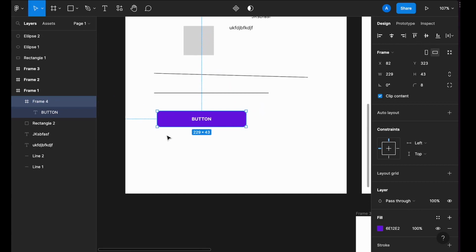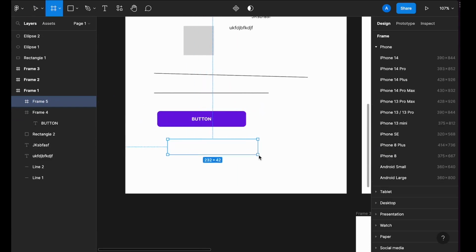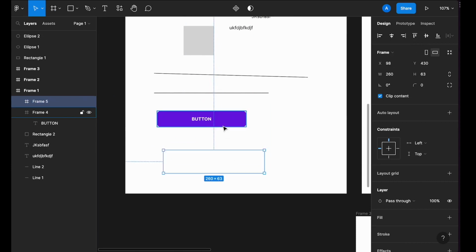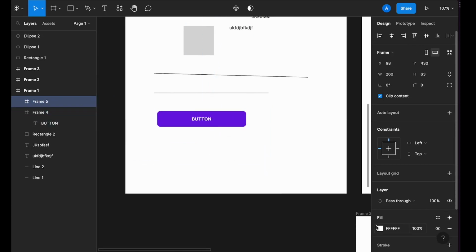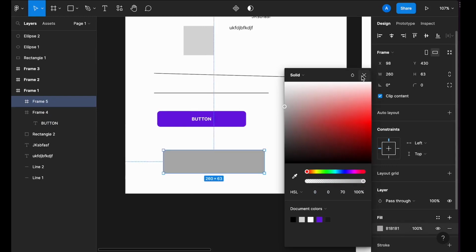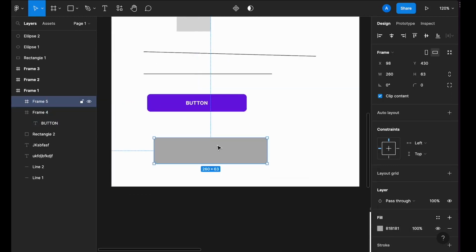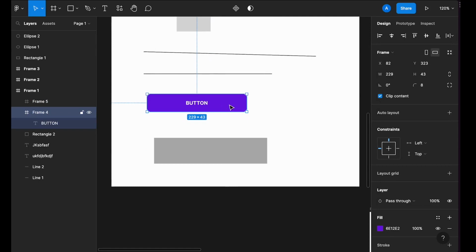I want to draw a new button, and all I do is click on frame and I just draw the frame like this. Now I want to copy those button properties to this new frame. Can we give it a color so that it's not dark here? So I want to copy the properties to this new frame. You can see how this is so different from this. But then I'm just going to click on the shortcut, which is basically